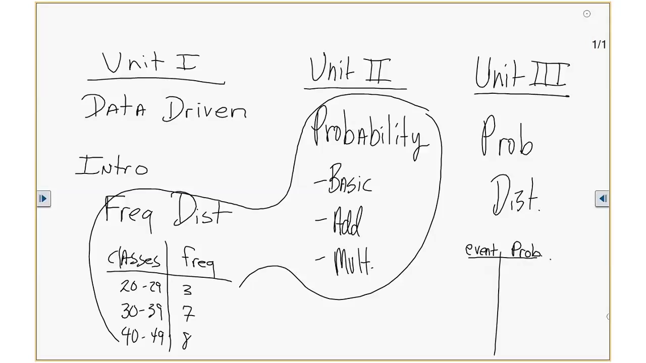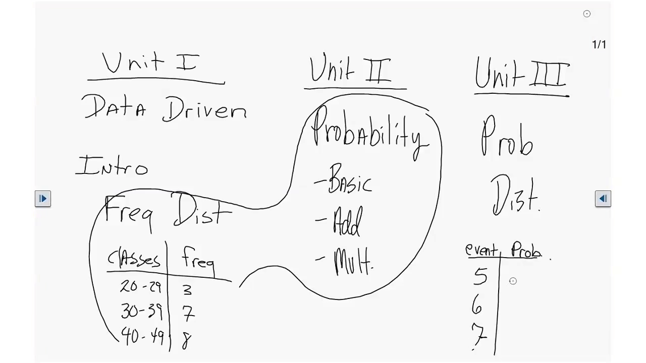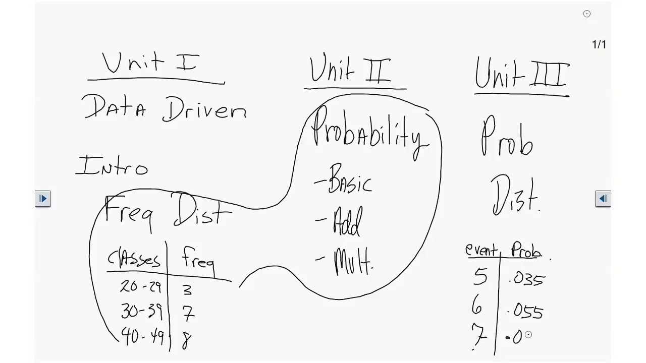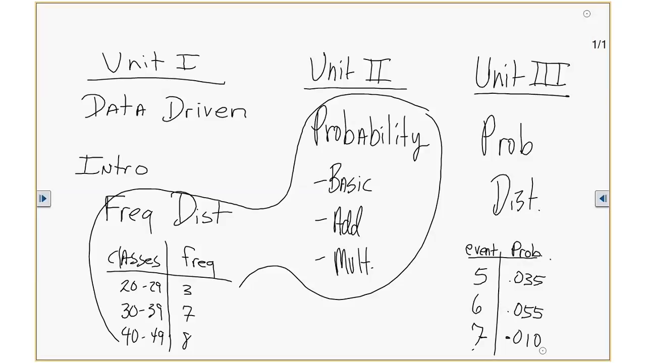Let's think of World Series baseball games. What is the probability that a World Series is going to go 5 games, 6 games, 7 games? Okay? And you have 0.035, 0.055, and 0.010. That is a probability distribution. Now you need to write that down because it kind of needs to be in your brain when